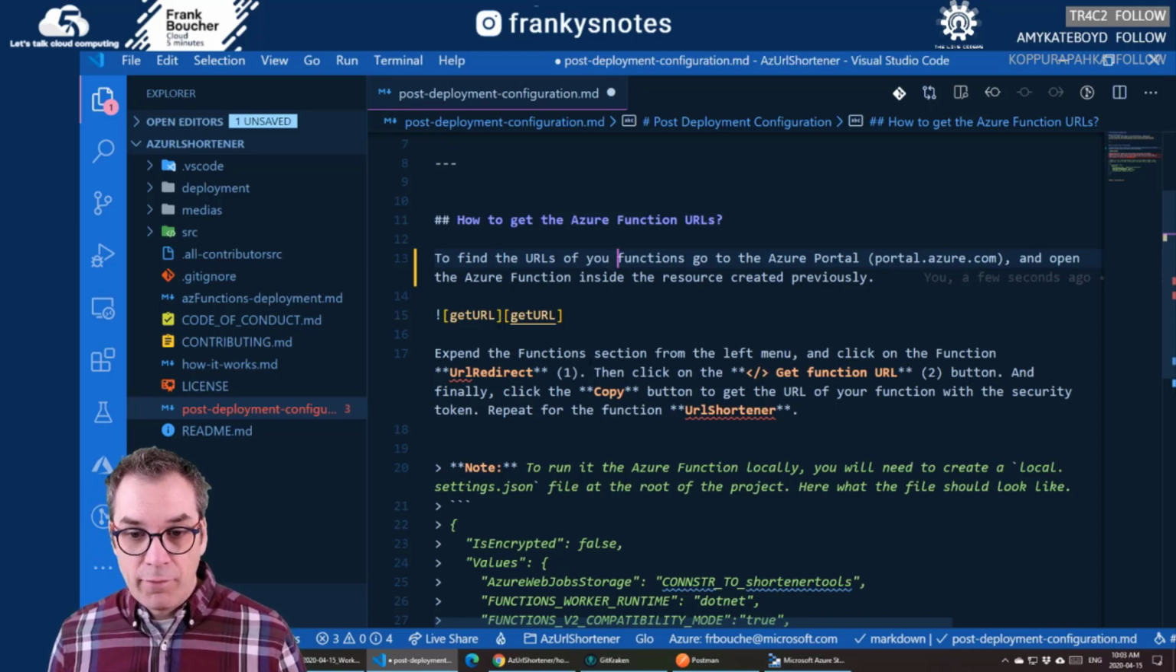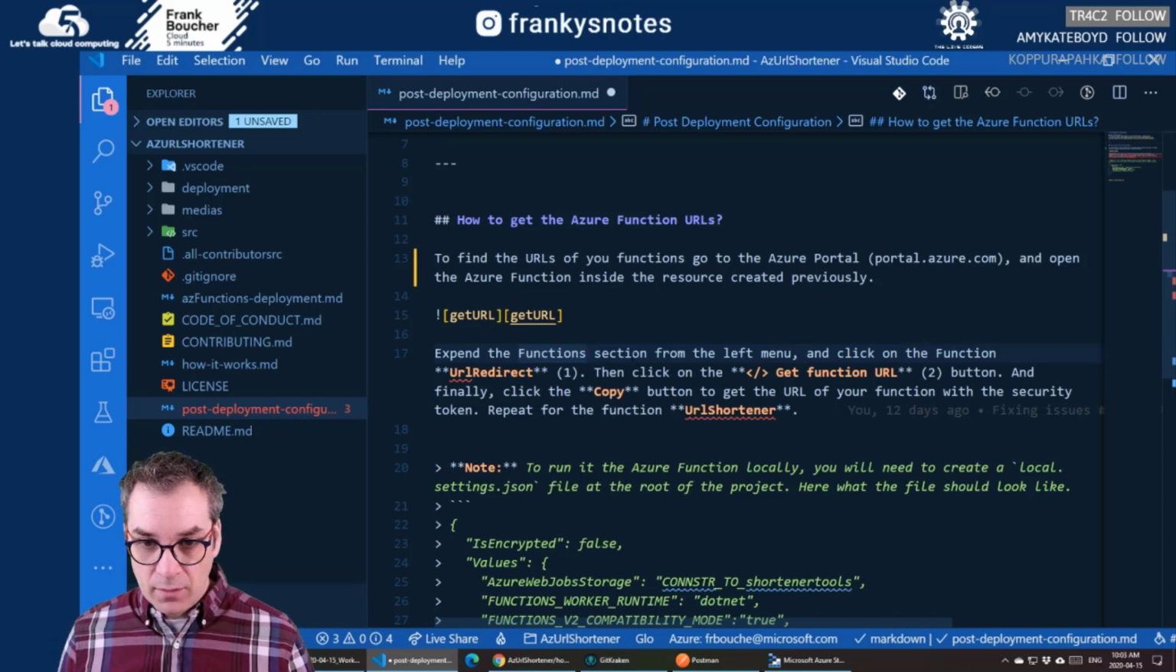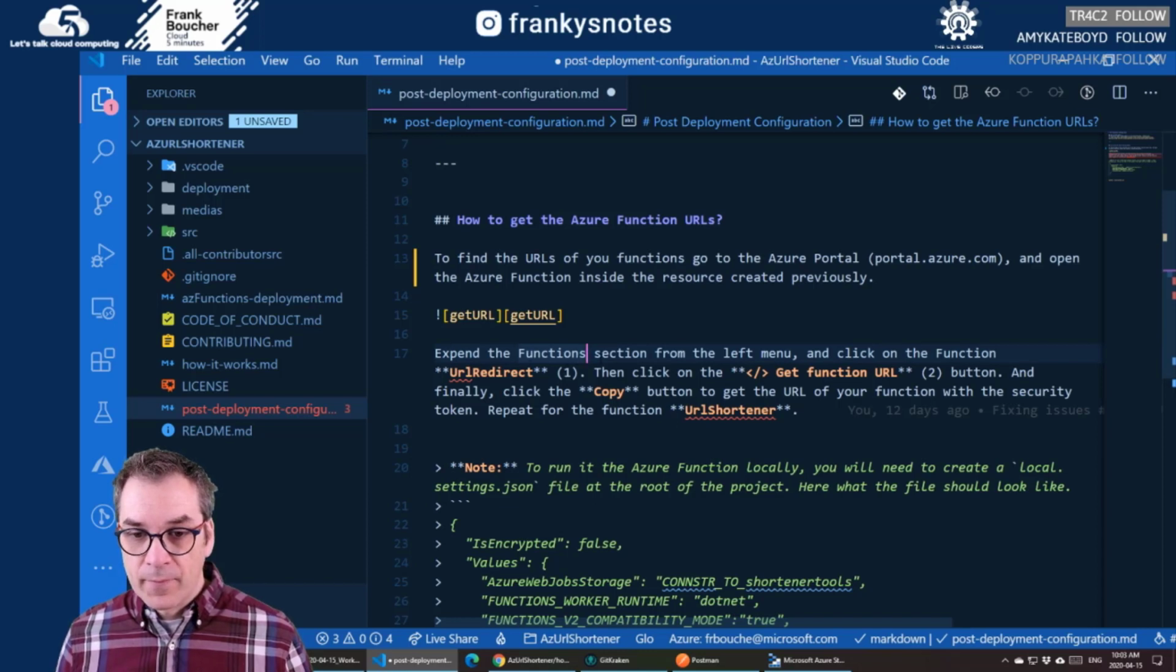Then I have this: expand the function section. Expand the section and click on the function